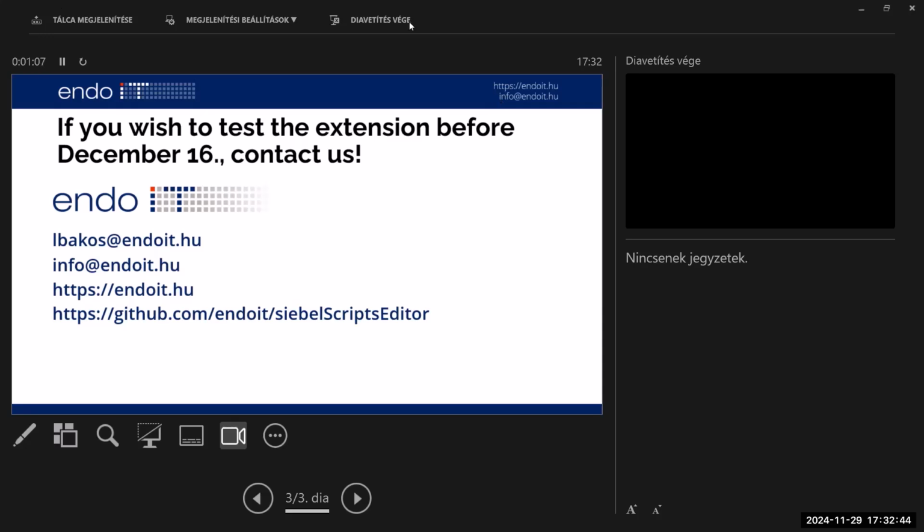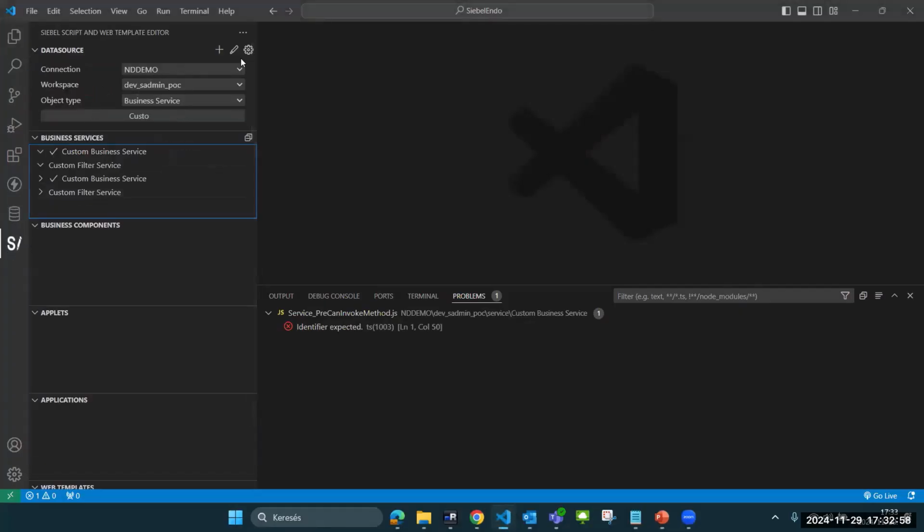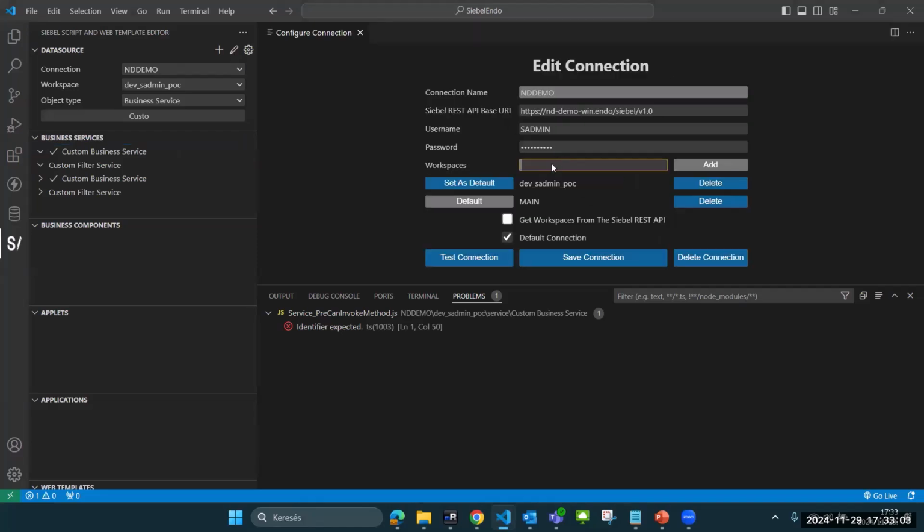As Laszlo said, if you have any questions, please fire away. Oh, I remember I forgot a feature. There's another feature. Can I still show it? Yeah, sure. Because you saw that for a connection you can give the workspaces by hand. But there's another possibility. You can get the workspaces from Siebel. There's a checkbox for it. If you click it, it will query the Siebel REST API if you can use this feature, because